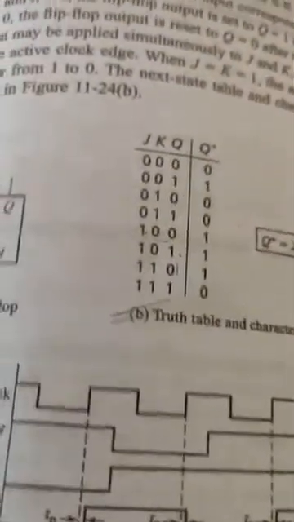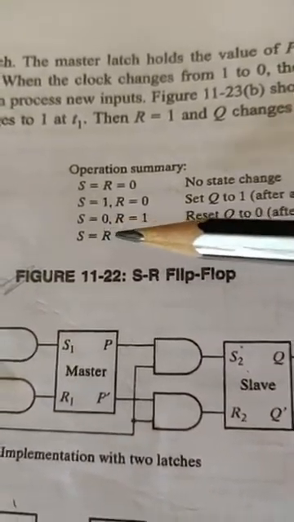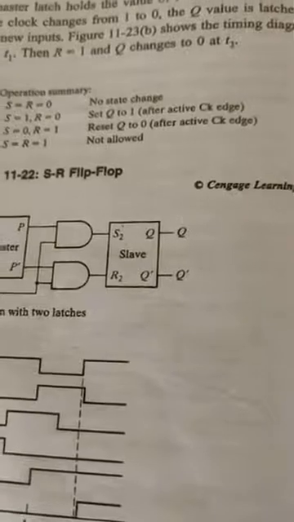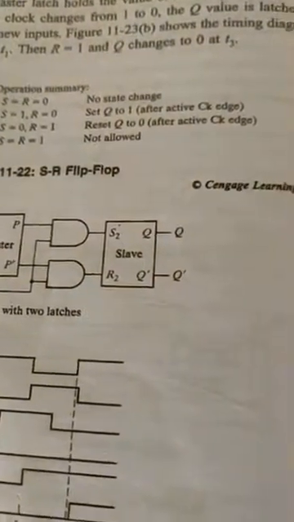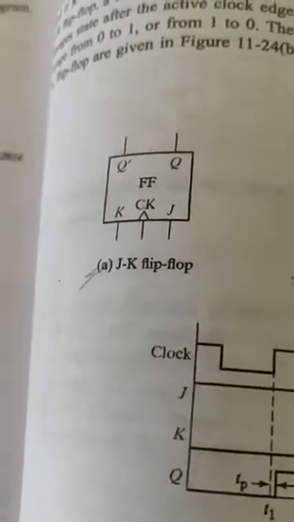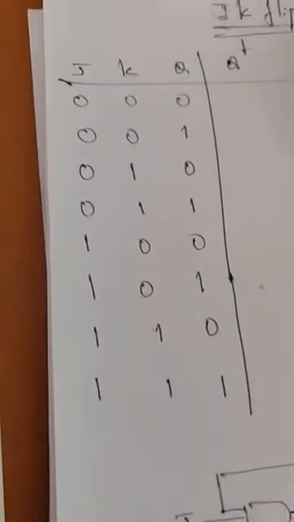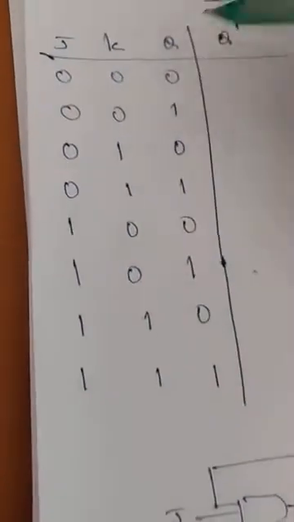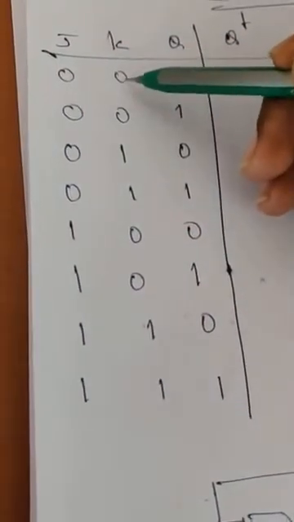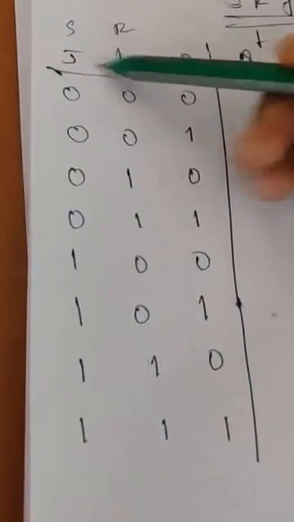In case of SR flip-flop, for the input S is equal to R is equal to 1, we don't know what exactly the output is, but we have a solution in case of JK flip-flop for that particular input. What happens when J is equal to 1 and K is equal to 1? Keeping the SR flip-flop in mind, let me write the table. Whenever J is equal to 0, K is equal to 1, it refers to S and R, it works as if S and R.